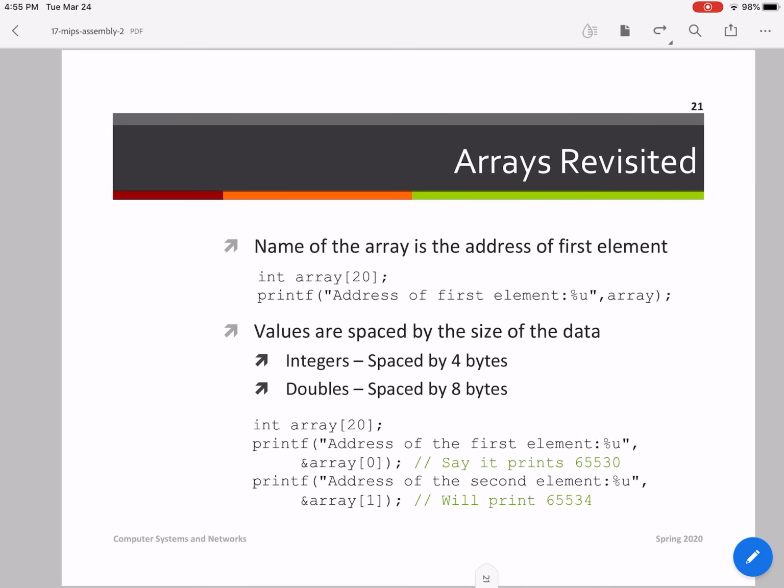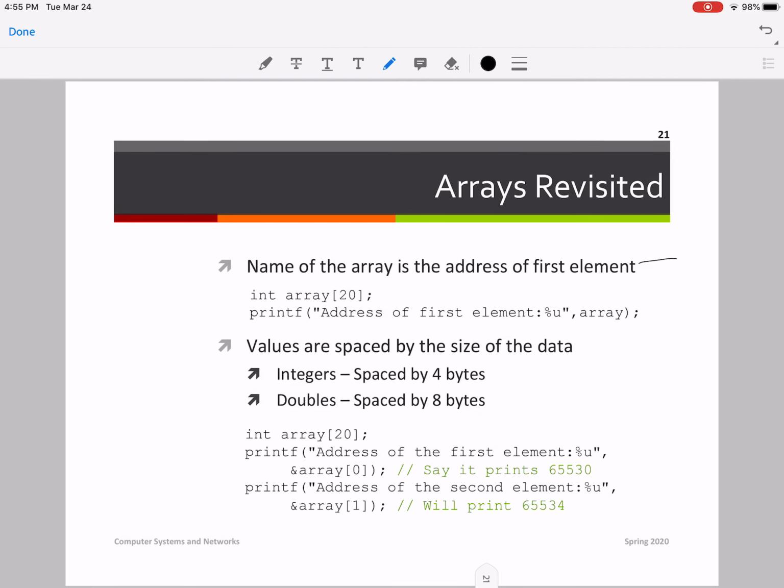is the address of the very first element. That's one of the most important concepts. So if you were to printf array, it is going to print the address of the very first element. The next important concept is that the values are spaced by the size of the data. For example, integers have size equal to 4 bytes. So integers will be spaced by 4 bytes inside of the main